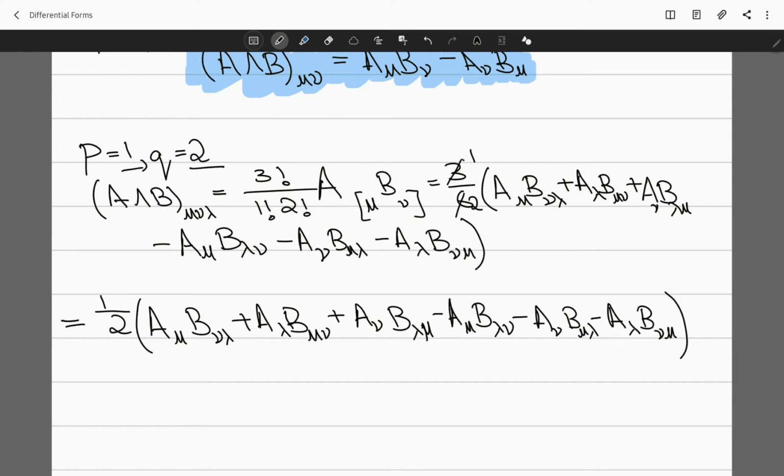So I just simplified this term, and then I wrote all of this just as it is. Okay, so